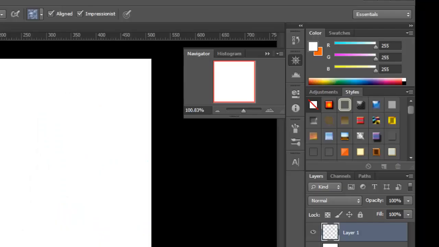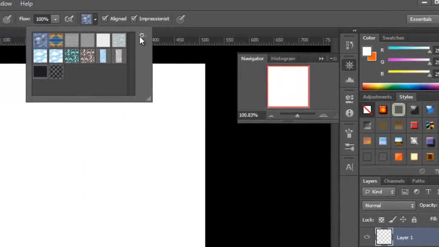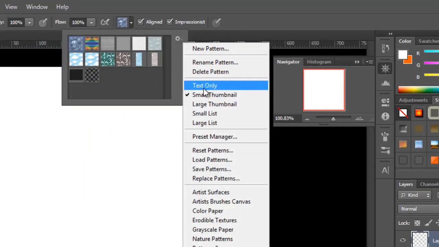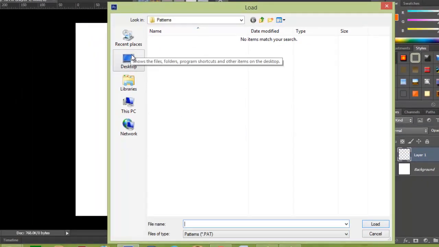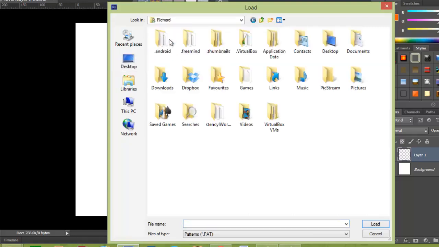I'll come here to Photoshop again, and in my patterns drop down, I'll click on this little toggle, and we're going to import new patterns. So load patterns is what you want to click on,